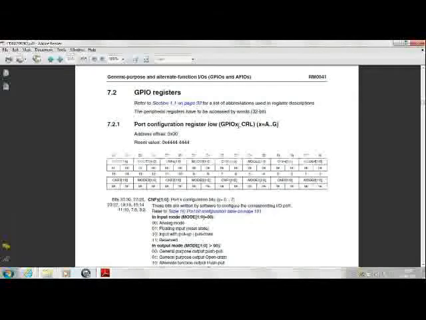Remember the device that we are working with on the kit is a medium density device, and it has ports available from A to E, but this manual shows that X can take a value of A to G in this GPIO X, because the high density devices do allow you ports up to G.